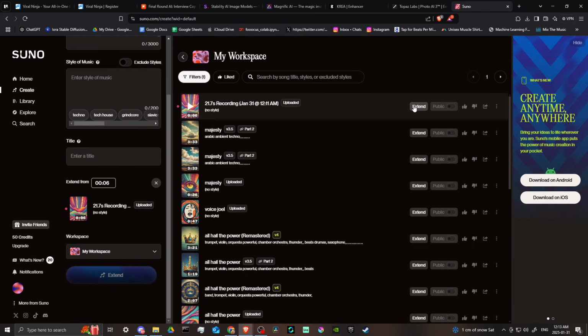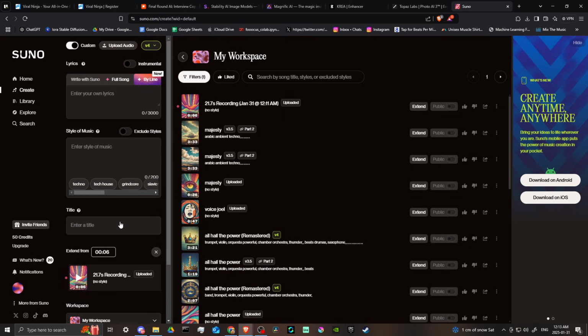So if we were to do a song, sometimes Suno will just cut off abruptly. You'll get maybe 3 or 4 minutes of a song, and then all of a sudden it'll just cut off. Well, that's when you want to use the extend button. And another thing you can do to make sure that the song ends where you want it to is